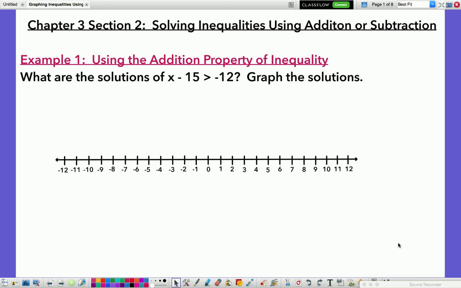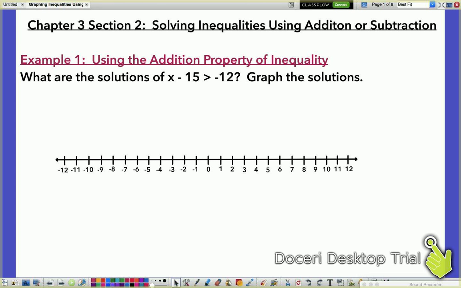What are the solutions of x minus 15 is greater than negative 12? Okay, so since we have x minus 15, we are going to do the opposite, and we're going to add 15 to both sides. Okay, so that crosses off, and I'm left with x is greater than